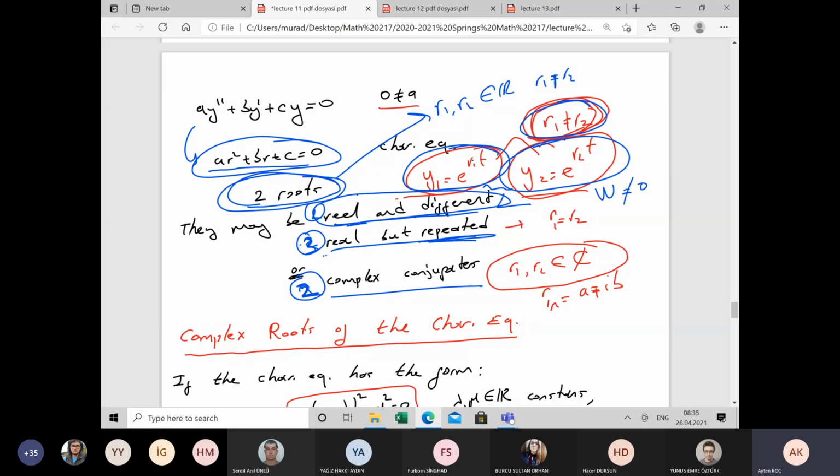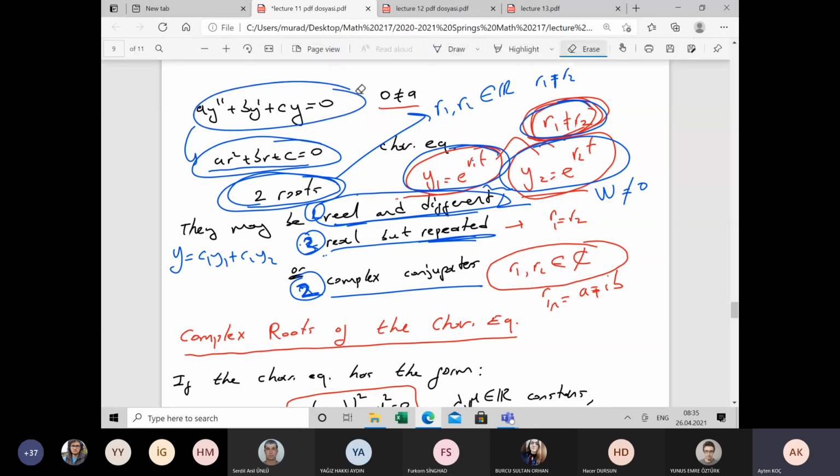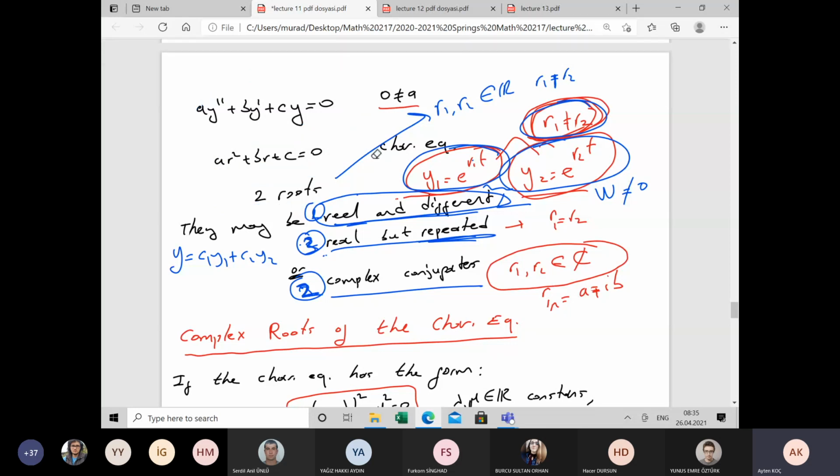Fundamental solutions. So the general solution, we know that the general solution is a linear combination of y sub 1 and y sub 2. So the general solution y is c1 y sub 1 plus c2 y sub 2, and this is the general solution of the homogeneous differential equation. So, the second case, maybe our characteristic equation has